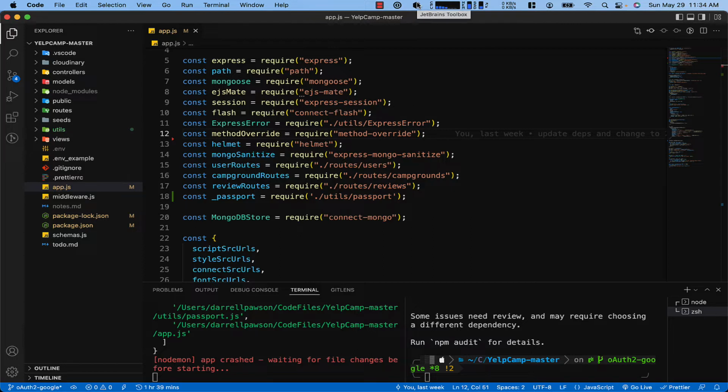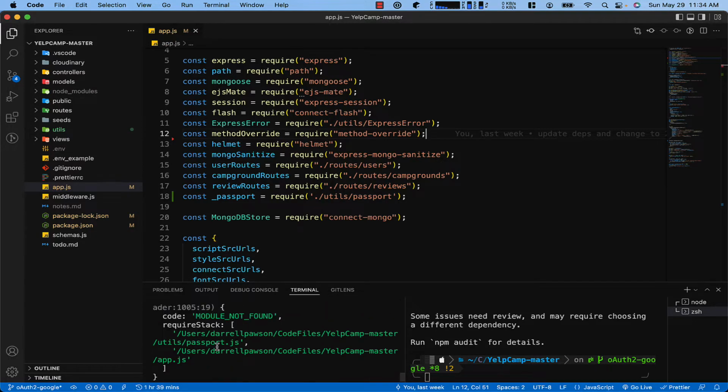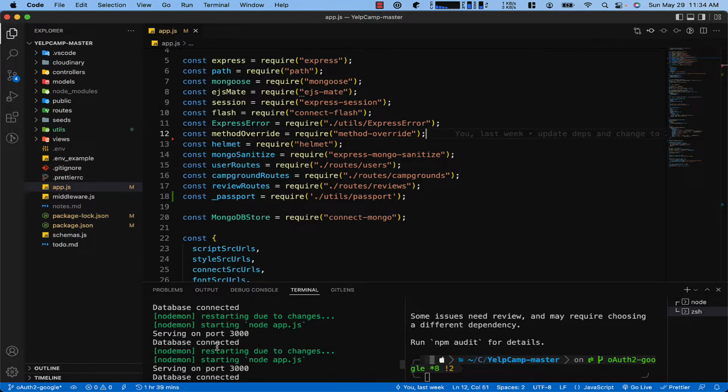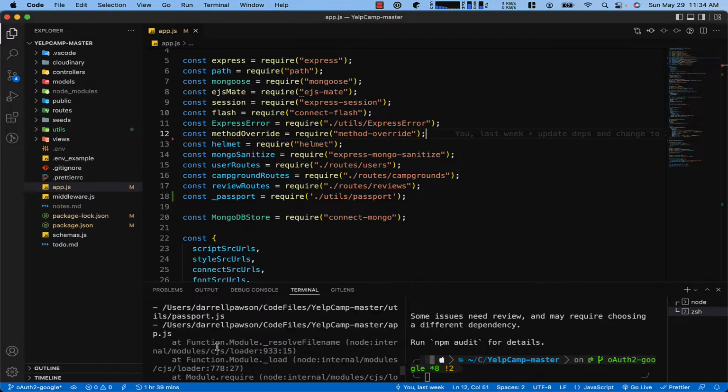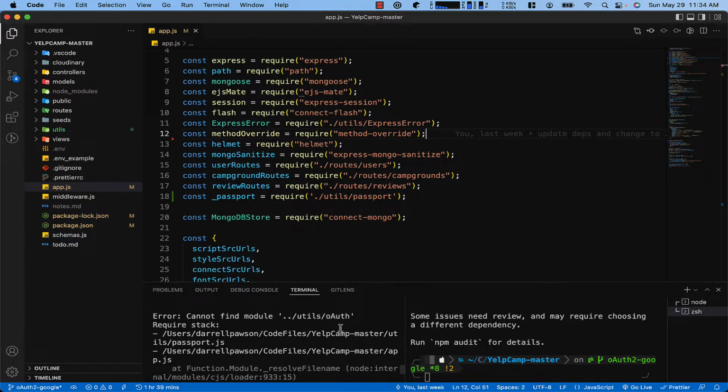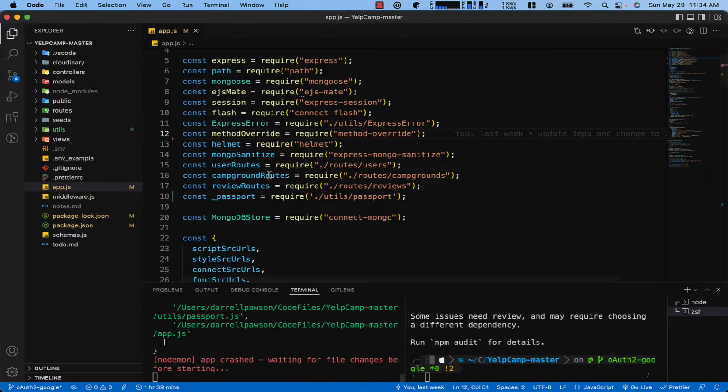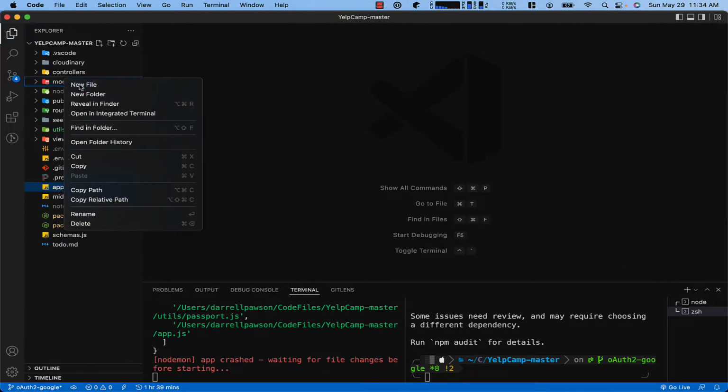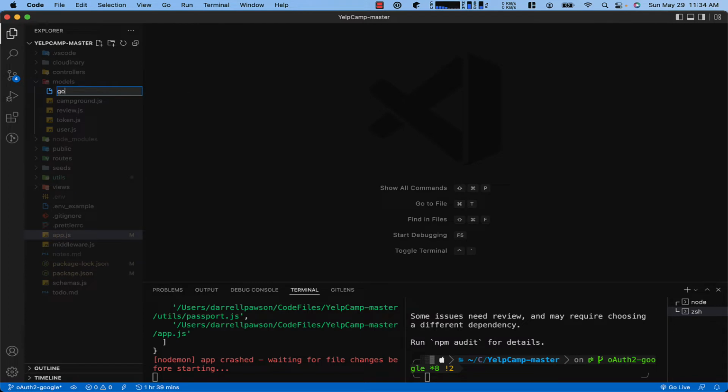And now we're going to create the user model for Google, so we can close this out. And you're going to get an error. It's going to say it can't find the oAuth file, so that's fine. We haven't got to that point yet. So Google user.js,